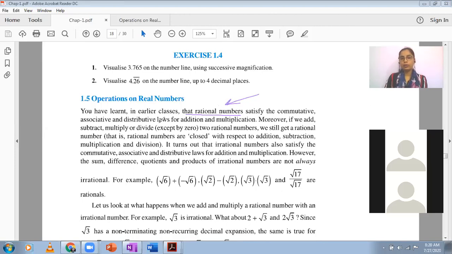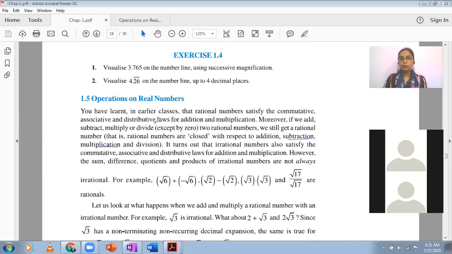And what you come to know is that if we consider closure property, the rational numbers are closed with respect to addition, subtraction, multiplication and division. But in case of division, we exclude division by 0. So there is only one number by which division is not possible. So if we exclude this, you will see that if you add two rational numbers, the answer will be a rational number. If you subtract two rational numbers, the answer will be a rational number. Multiplication of two rationals gives you a rational number. Division of two rational numbers gives you a rational number.